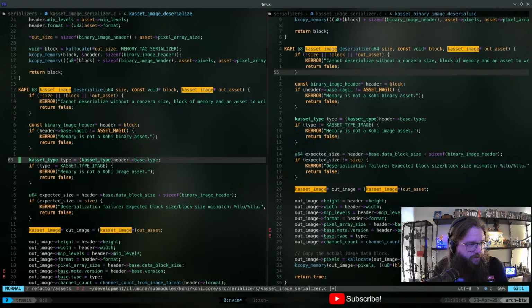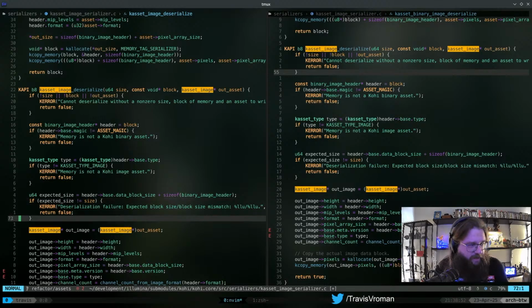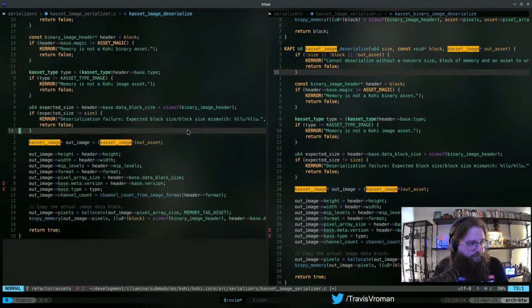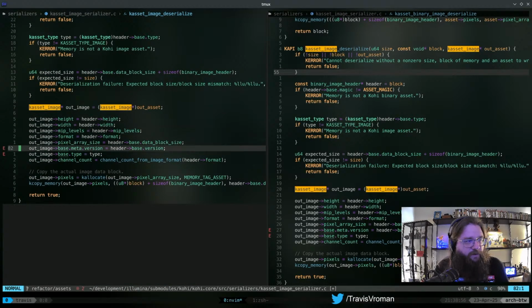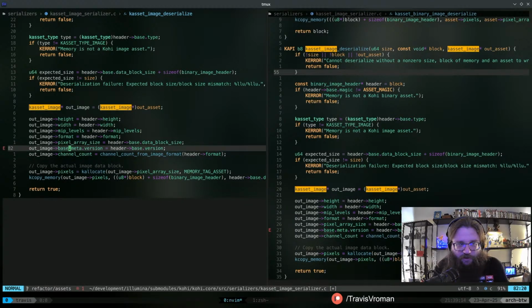Okay, so header base type should be image. Okay, those checks are fine to leave in there. All of that's fine to leave in here. I think the only thing we actually have to get rid of, and we had this concept of meta and versions, right? With our assets, and that was in sort of the base, right? So we don't need type, but the version I think might be actually useful because